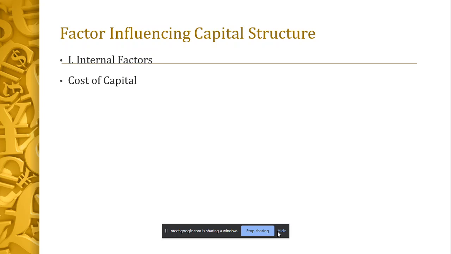Now, cost of capital we have already discussed in our first chapter. Now to remember it once again, cost of capital is nothing but the expenses the organization has to face or to pay when it brings in the capital for its organization. To put it still more simply, when we go in for equity shares,